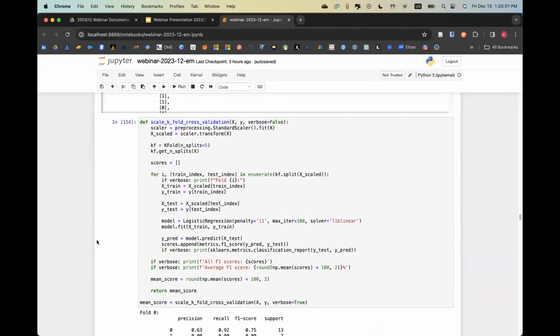The next thing I'm doing is I'm building a function that does k-fold cross-validation. K-fold cross-validation, well, first off, in typical machine learning, what you do is you build a training set and you build a testing set. And you train the model on the training set and then see how well it performs on the testing set. More state-of-the-art, I guess recently, more people have been using k-fold cross-validation, where you move what the training set is and testing set is, so that you can get a more representative feel for how well the model actually performed.